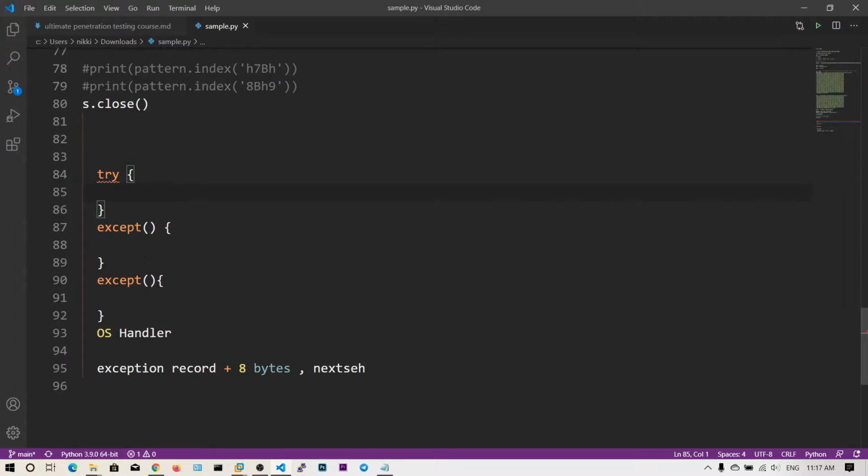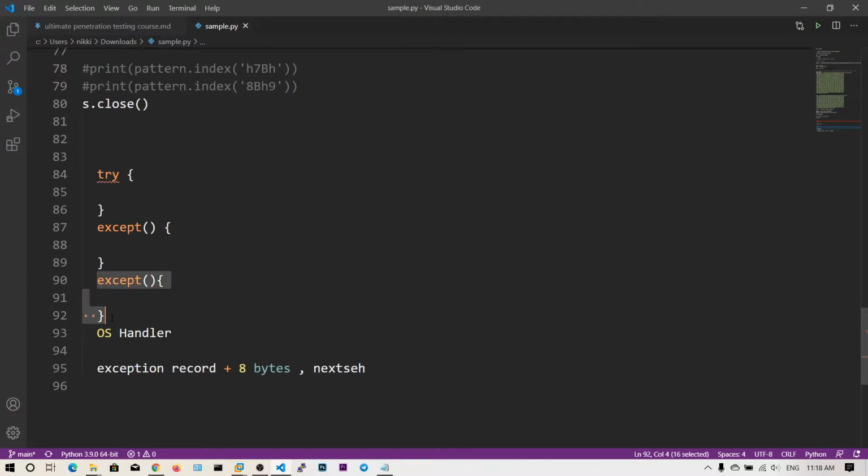This is not the Python syntax, this is the C syntax. No need to worry about that, I'm just explaining the concept. So you will write the try block, and then you will define the code here. If there is any exception in the code, these exception handlers will handle it. Suppose a division by 0: you need to handle that exception separately by using this exception handler. And if there is an array index out of bounds, like you are accessing the 100th element in a 10 element list, then you need to write a handler for that.